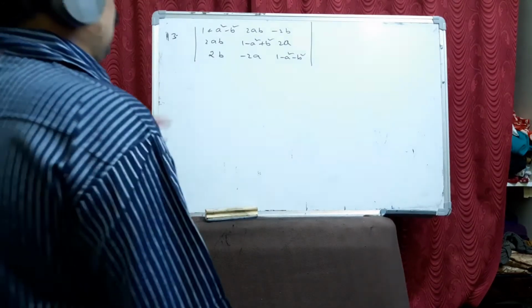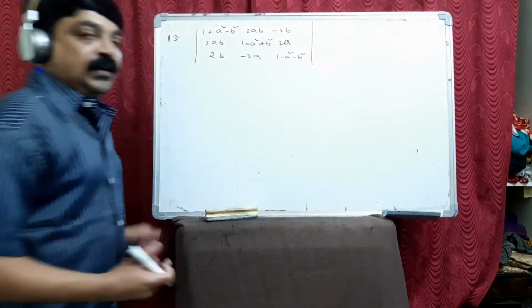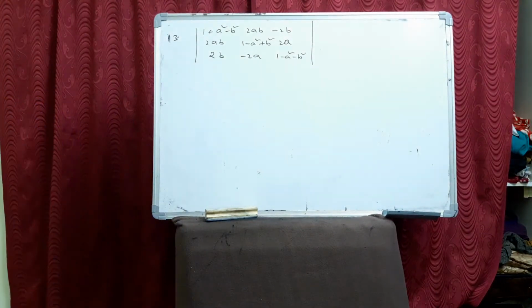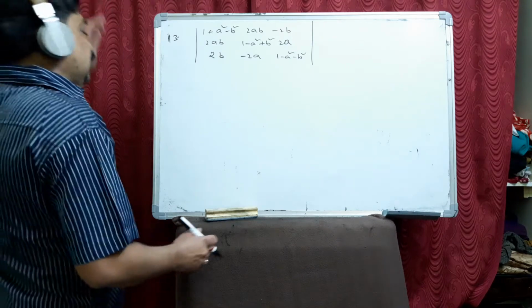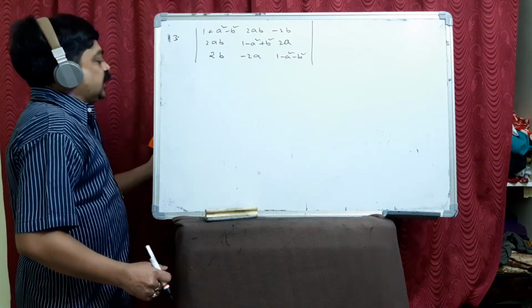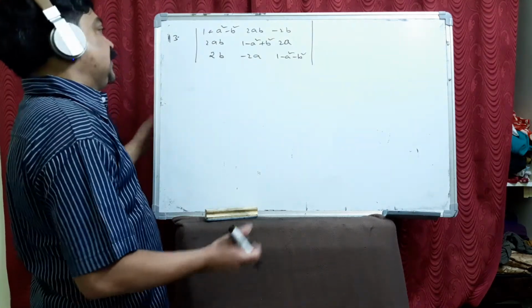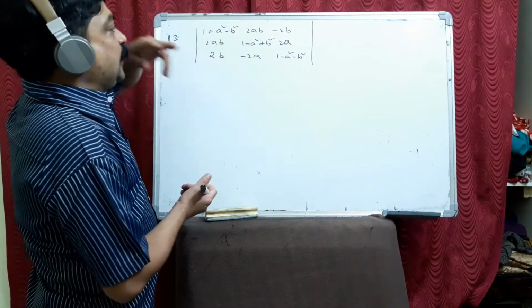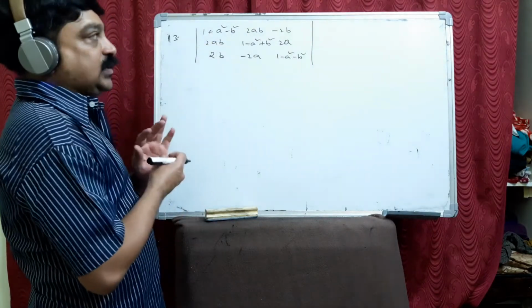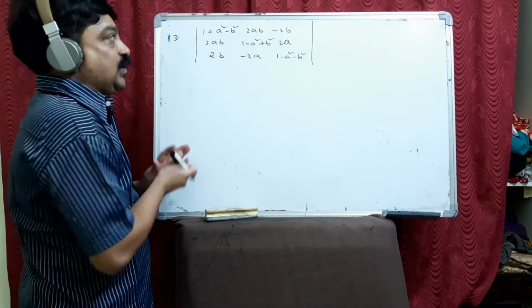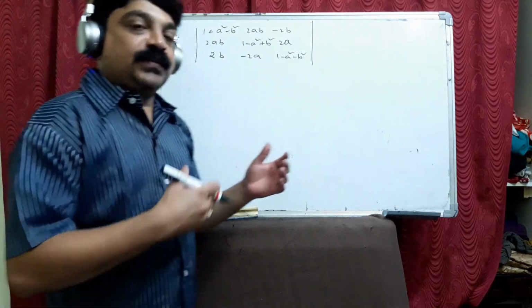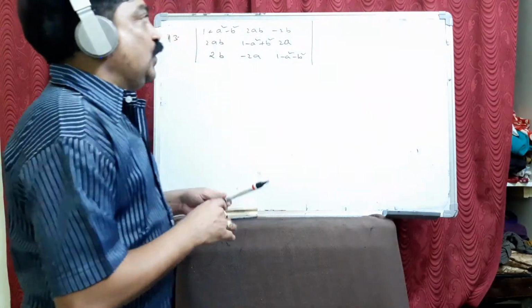See guys, the last two problems are a little different and a little difficult also, where we don't get an idea at the time. So what to do here? The right hand side to prove is 1 plus a square plus b square. So here ab terms are there. So what to do? Look here carefully, so that when you get some problem like that, you know what to do.